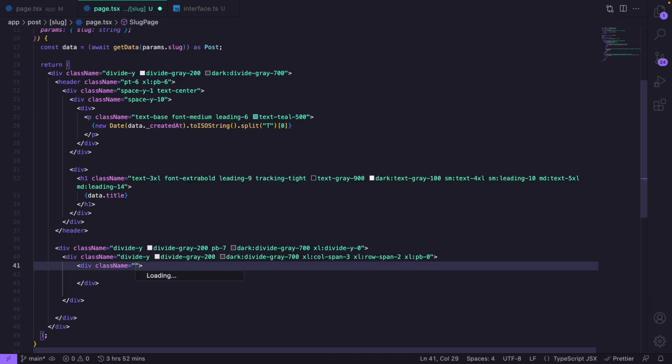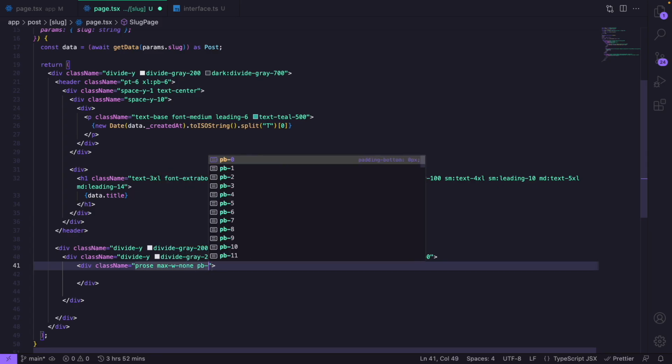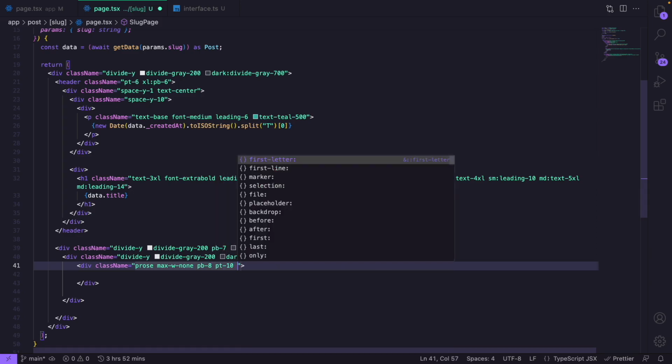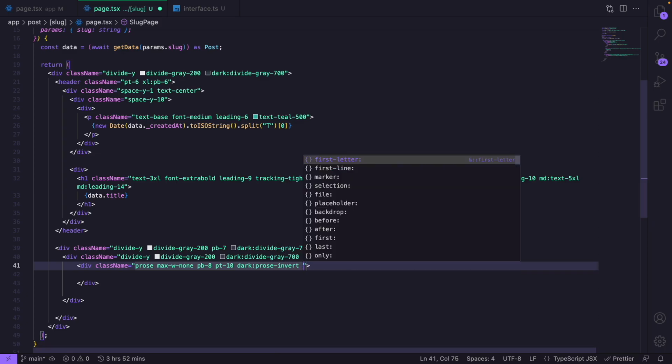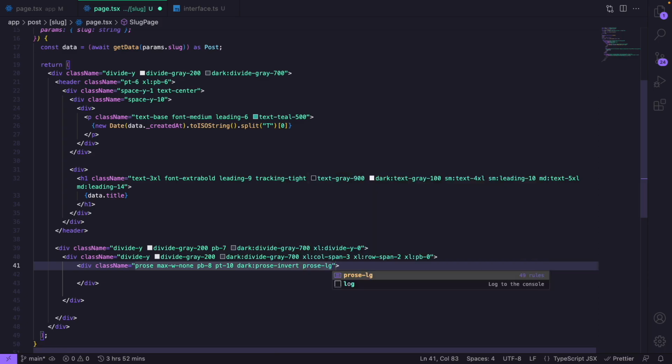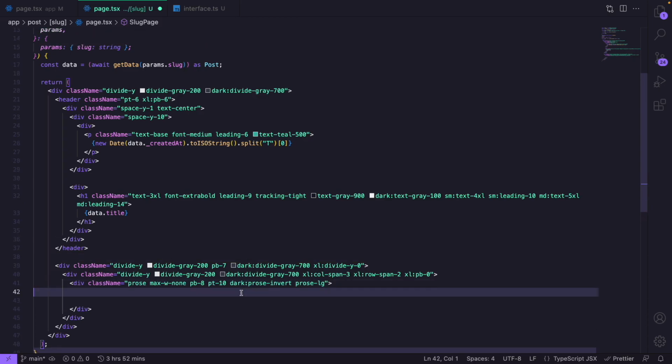So let's give it a class name of prose. We'll have a max width of none. Let's have a padding bottom of 8 and a padding top of 10, and in dark, which will be prose invert, and then also in prose, which will be large. Now that looks good. And now inside of this div element, I want to pretty much render our rich text